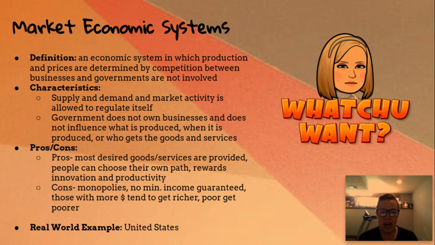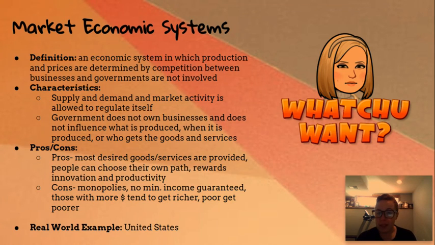So that is kind of a con. There's no price fixing that keeps things really affordable for people. And there's no minimum income that's guaranteed except for minimum wage, but you have to have a job in order to get minimum wage, right? And then in that system, what tends to naturally happen is that people that already had a lot of money are able to make money more quickly, whereas for people that don't have a lot of money from the start, it's very difficult to get more, because you have to have a lot of capital in order to own a business to make more capital. And there's obviously people that don't fit that norm. But on the whole, that's how market economies work.